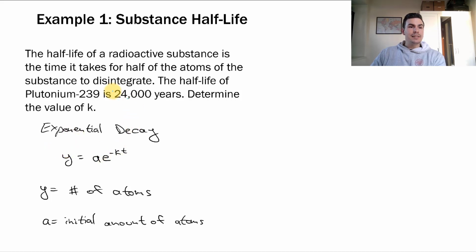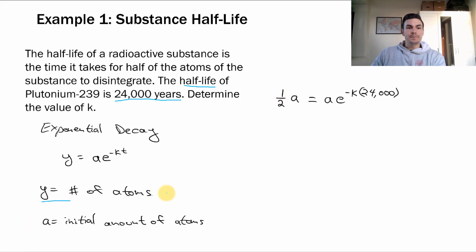Well, since we're looking at half-life, whatever y is going to be half of our initial amount of atoms. So I'm going to set y equal to 1/2 a, and that's going to be equal to a e to the negative k times 24,000. That's because we've got this time of 24,000 years. And again, we're looking at half-life, that's why we have this 1/2 a here for our y,